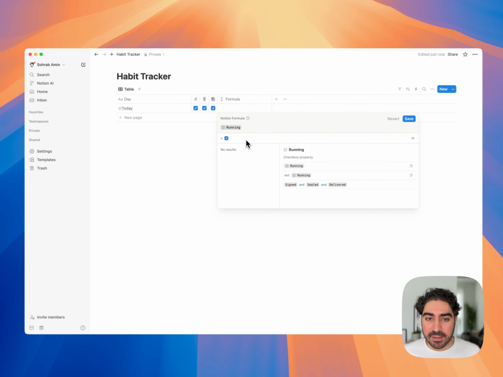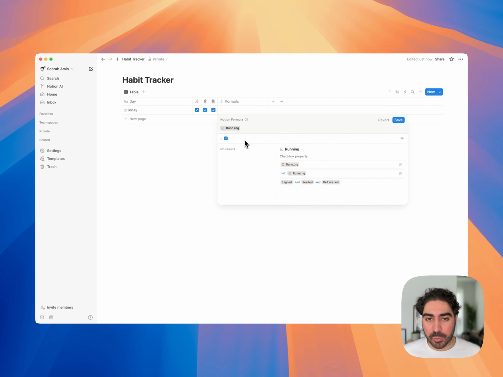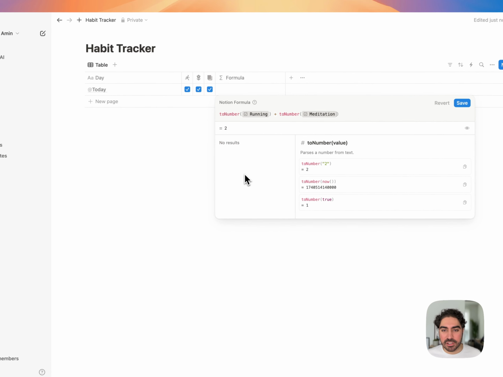The problem is this is like a Boolean value. It's a true or false. We need to turn it into a number. So to turn it into a number is pretty straightforward. You just say toNumber, and just like that, you can see the number is 1, and that's because it's check marked. So we can kind of copy this and do the same thing for something like meditation, and then we can do it again